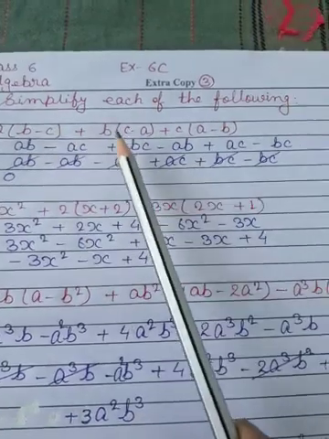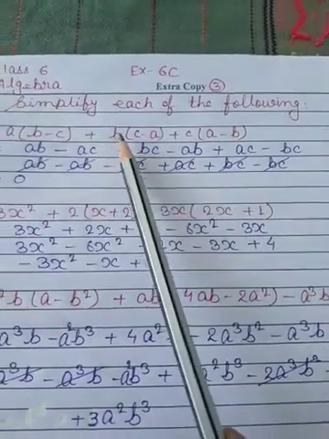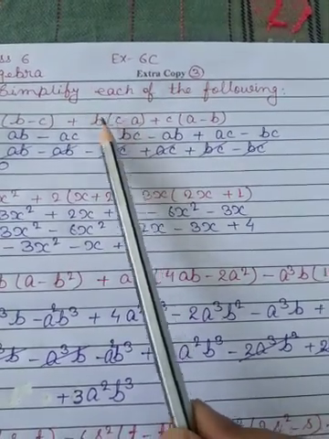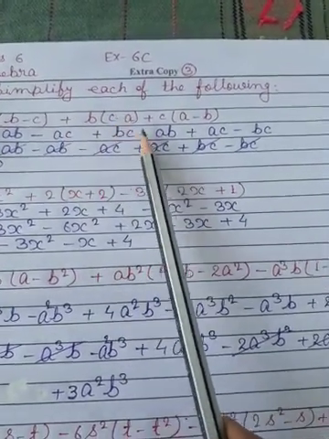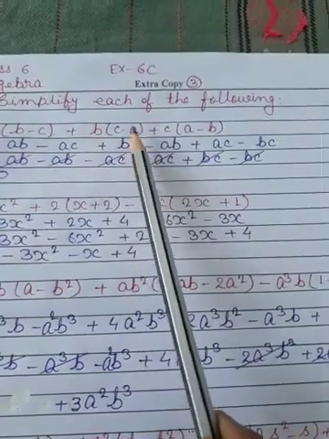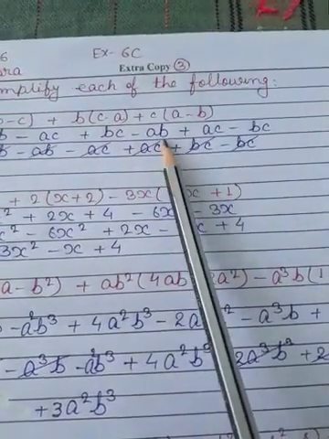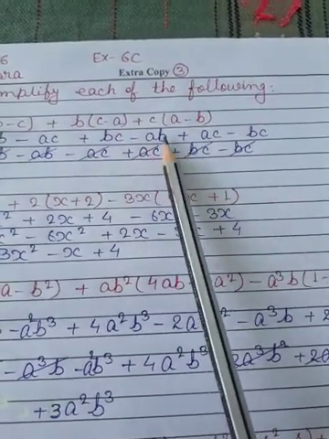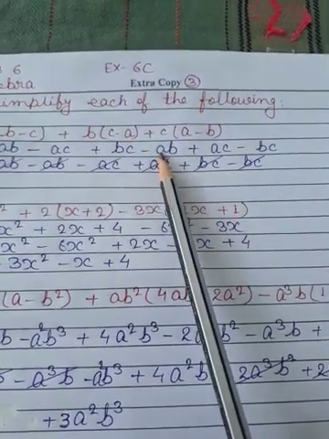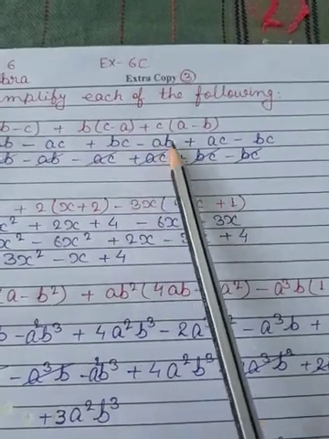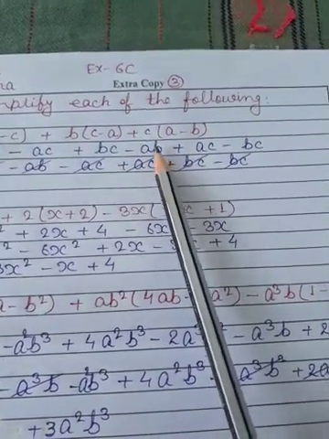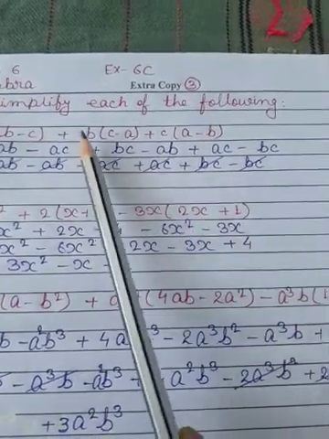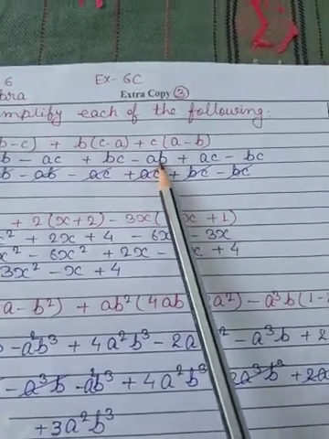Okay. Similarly we will do with this bracket. Again b into c, bc. Again here we have a minus sign, here a plus sign. So plus minus, minus, and b into a is ab. Now always write alphabetically. So b into a, BA or AB, so we write alphabetically. Since A comes first, we will not write BA, we will write AB. If you write BA also it is correct, but properly we should write alphabetically. It means b into a, ab.